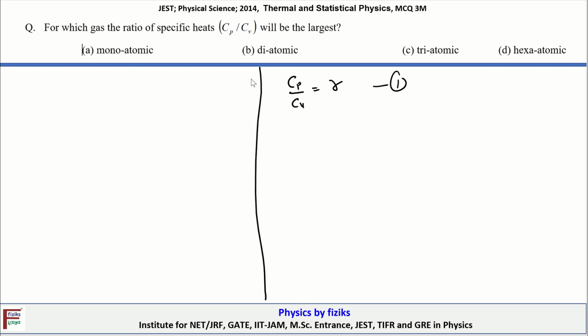So for the case of a monoatomic gas molecule, the translation degrees of freedom are 3, and the rotational degrees of freedom are 0. A monoatomic gas molecule doesn't have any rotation degree of freedom, so it only has translation degrees